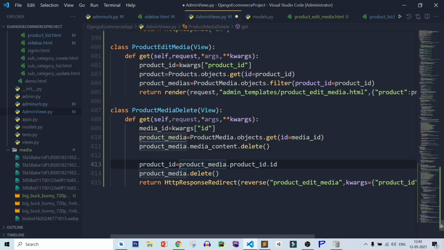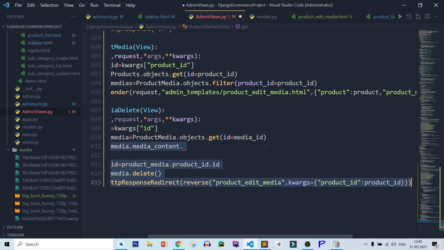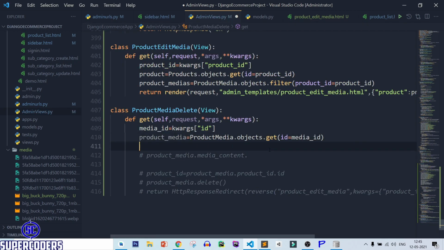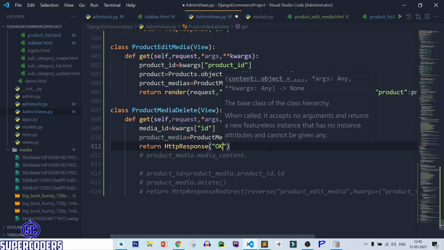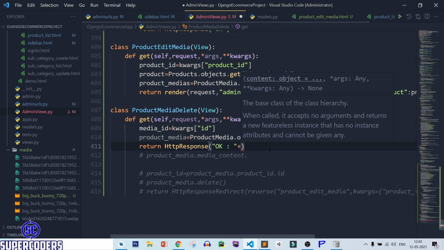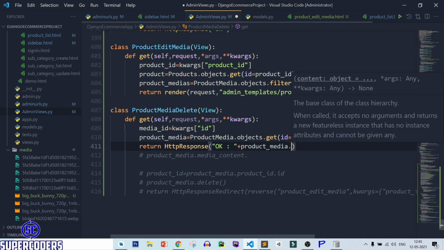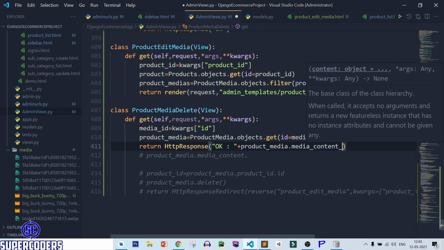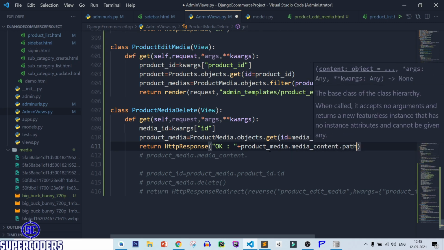So here let's see some things like this. Don't call the delete method, comment the code, return HTTP response, okay, and return the path. So product media dot media underscore content dot path.